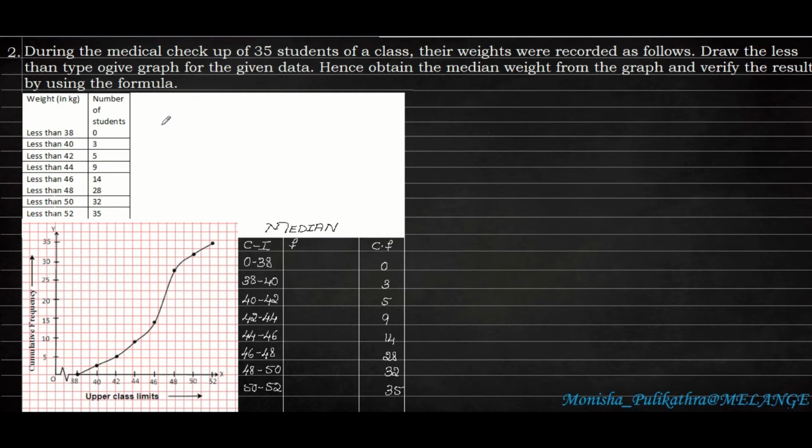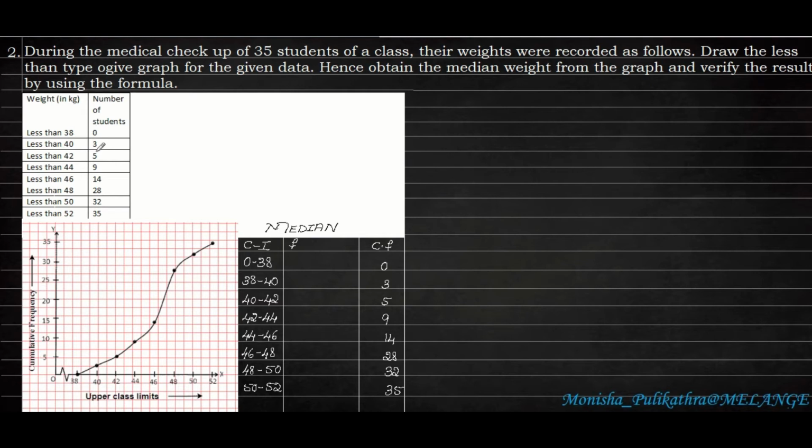If that type of question occurs, frequency will be given, whereas we have to find the cumulative frequency. But here they have directly given, draw the less than type graph. Here this is the upper limit, whereas the cumulative frequency they have already given, frequency is not there. If they have given frequency, we have to find the cumulative frequency by adding the consecutive numbers. Since they have given the cumulative frequency directly, we have to plot the graph directly for this number. So these are the upper limits and this is the cumulative frequency.